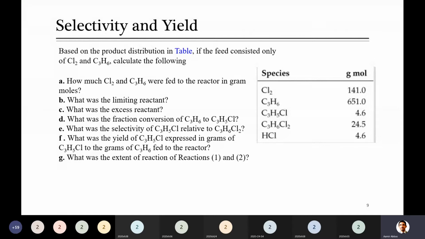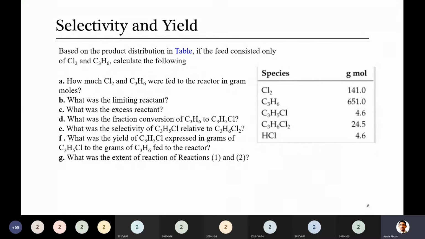You have seen the reaction on the last slide. All these terms are the amounts which are given here. They are at the outlet of the reactor. Remember this: they are not at the inlet, they are at the outlet of the reactor. And one thing he has provided at the start of this slide is that the feed consists of only chlorine and C3H6. It means all others are not available at the inlet. Only 2 chemicals are available at the inlet of the reactor.